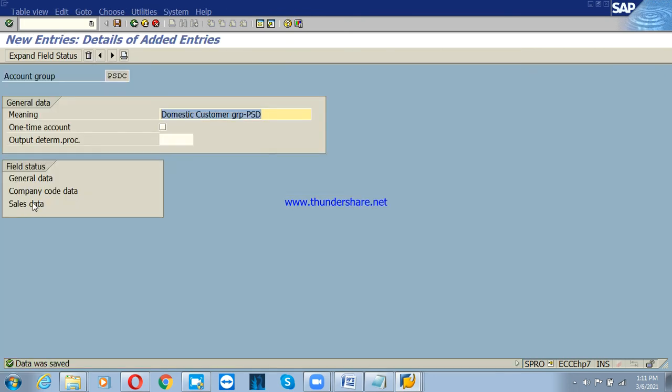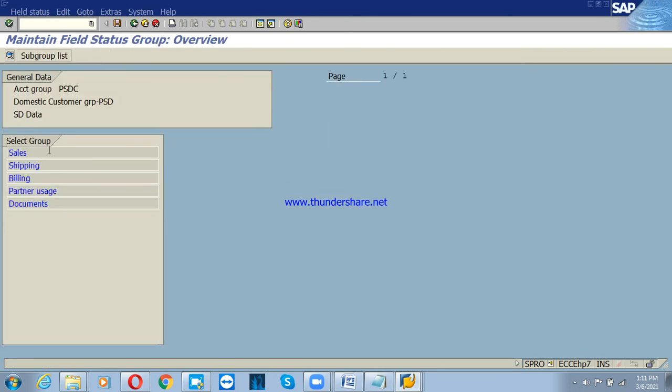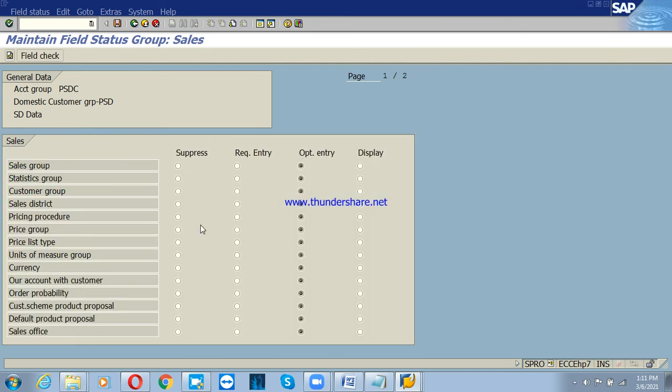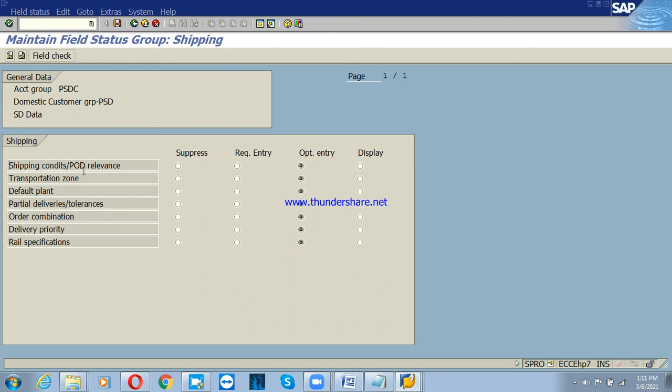Okay, similarly just go to sales data also. In sales data we are having so many fields, again groups, sorry. In sales we are having sales group, sales statistics group, customer group, sales district, many things we are having. And next one, shipping, as I told you, delivery priority I need to maintain,